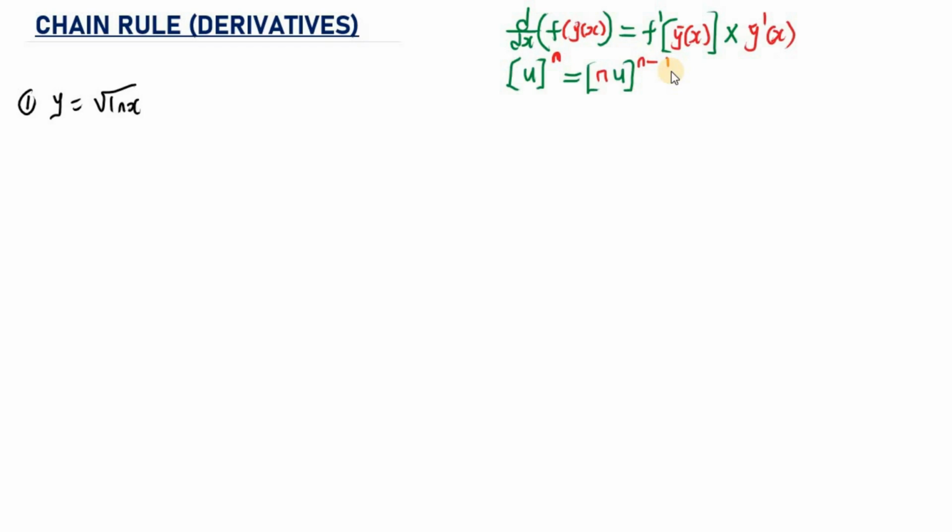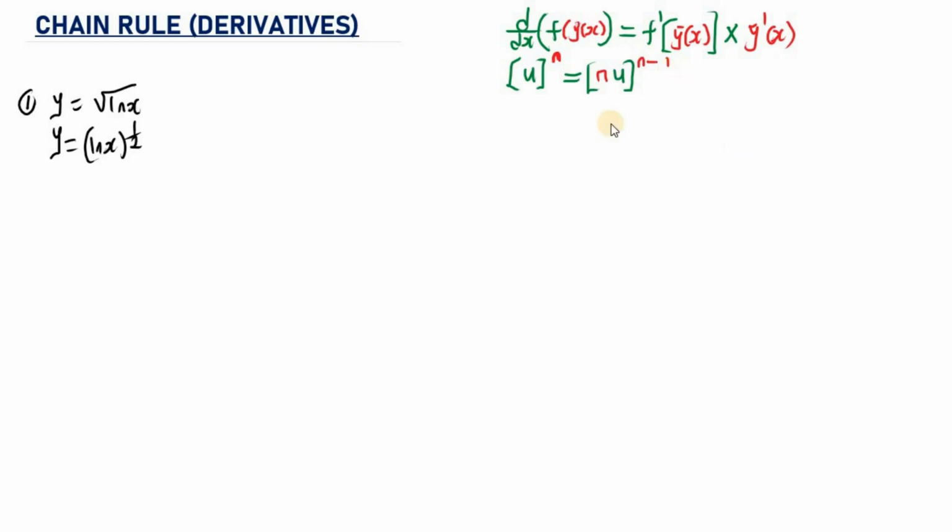What you need to do is try to write this in a way you can easily take the derivative using chain rule. So what we are going to do is rewrite the square root of ln of s as y is equal to ln of s raised to the power of 1 over 2, because the square root of ln of s can also be written as ln of s raised to the power of 1 over 2.